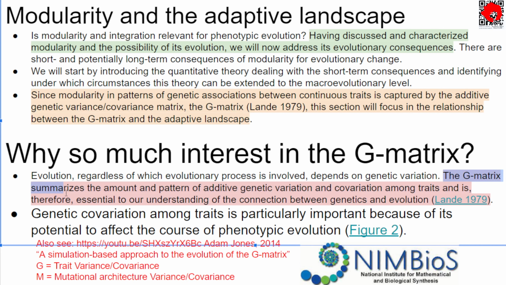The G matrix summarizes the amount and pattern of additive genetic variation and covariation among traits, and is therefore essential to our understanding of the connection between genetics and evolution. Lande, 1979. Genetic covariation among traits is particularly important because of its potential to affect their non-heritably varying covariation pattern. And NIMBioS, shout out, National Institute for Mathematical and Biological Synthesis, for providing a lot of important material on quantitative